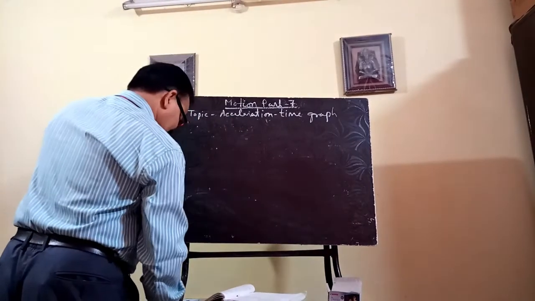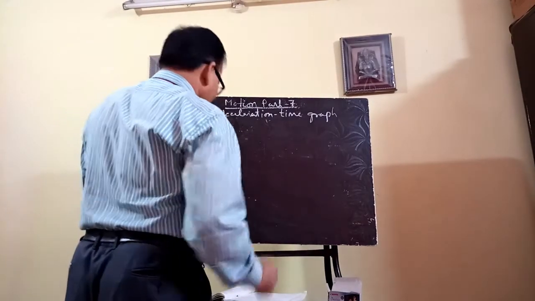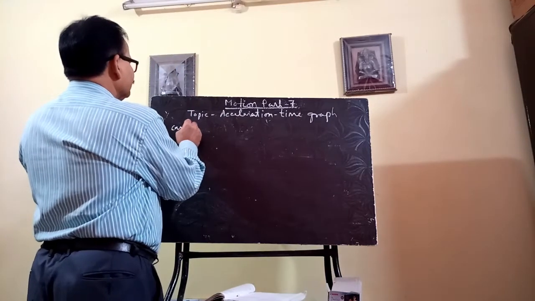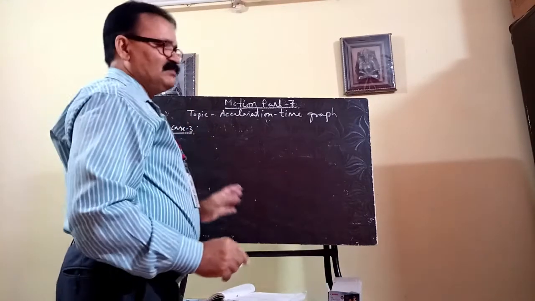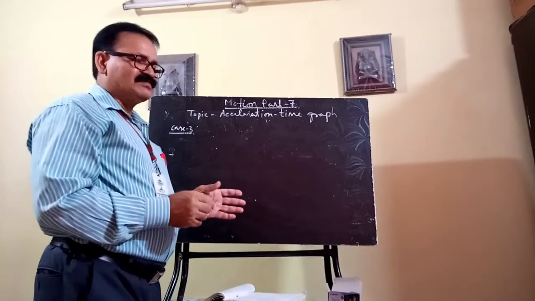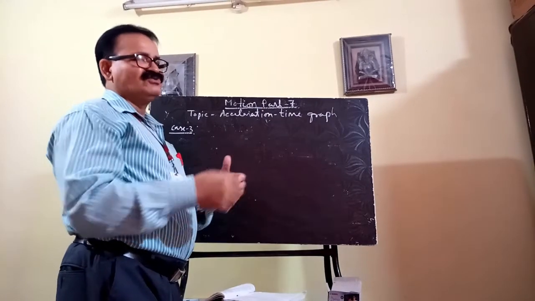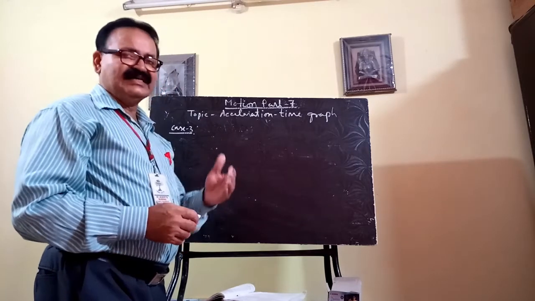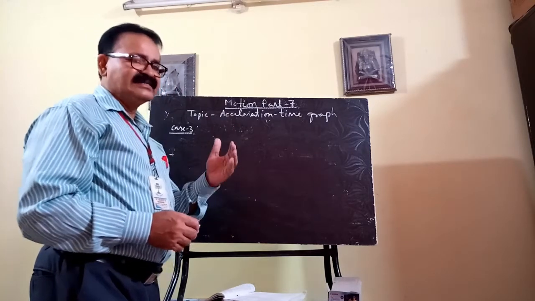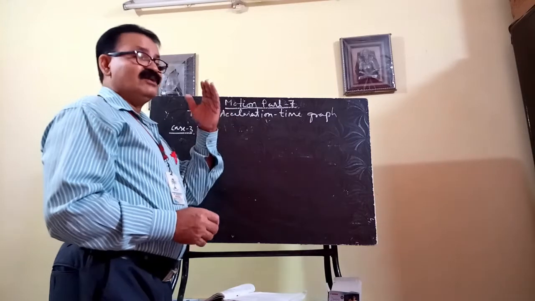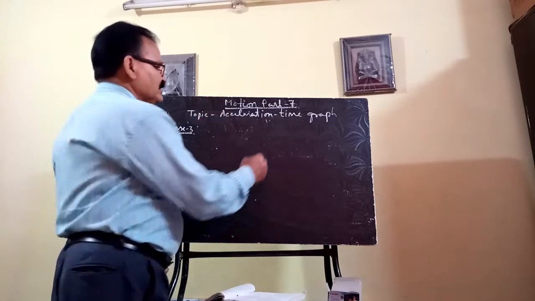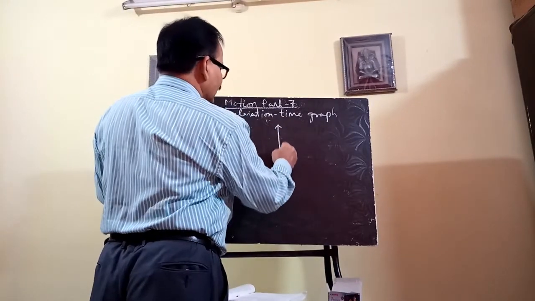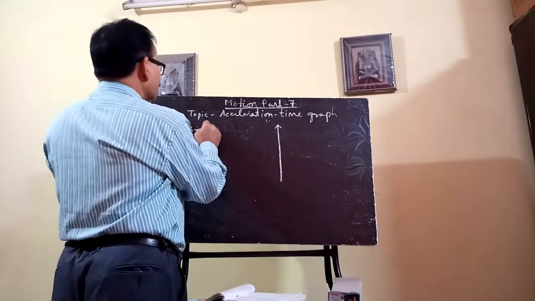Third one is, suppose this is your case 3. Suppose the velocity of the body is decreasing at a uniform rate. The velocity of the body decreases with uniform rate. That is, the body undergoes uniform retardation. Then the acceleration time graph for a body